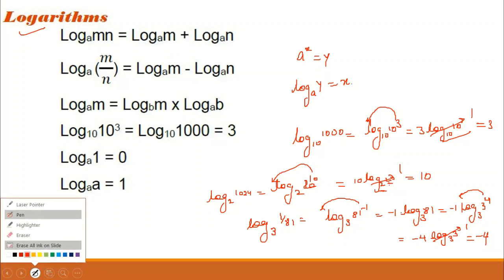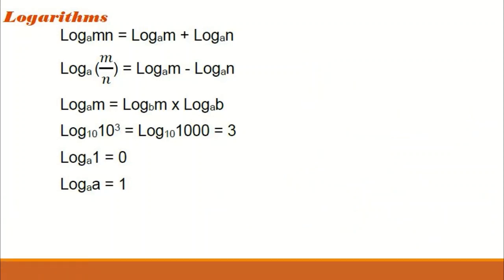So these are the ways to solve logs. Whenever the base and the argument are both the same, the value will become 1. Whenever the exponent is 0, a to the power 0 is 1, hence the log to the base a of 1 is 0. Whenever they are dividing, let's suppose it is log 5 by 7, then we can write it as log 5 minus log 7.